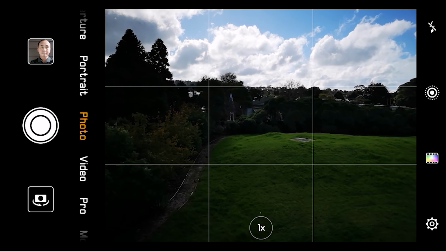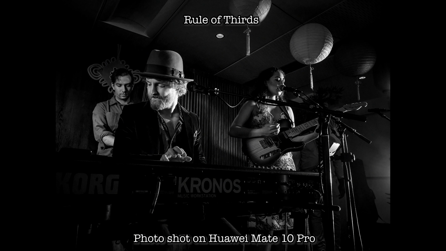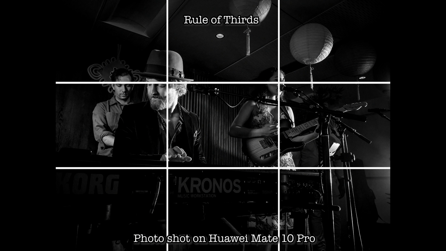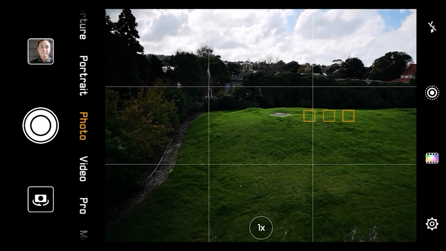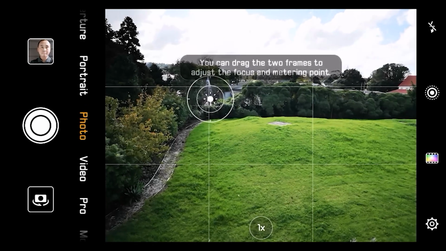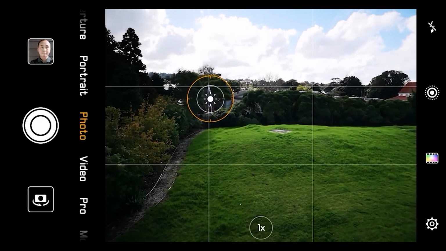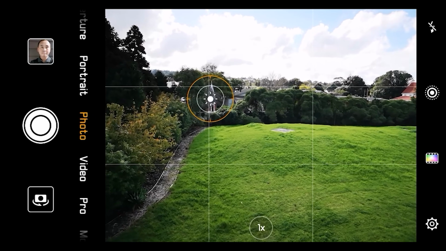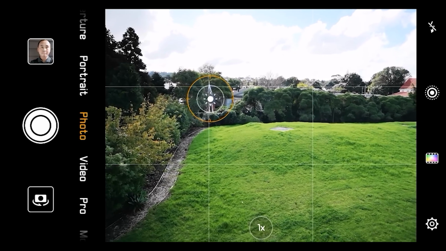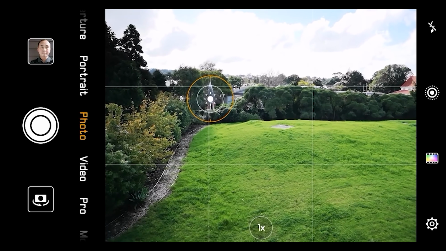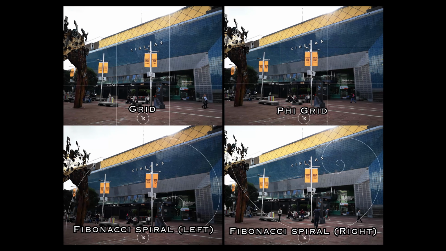So you may have heard of a composition rule called the rule of thirds. Basically, you can put your main subject at the 1/3 line or the intersection of the 1/3 lines, and that gives you a nice looking photo. For example, if I take a photo like this, I may put that little house here at that area, so it's at 1/3 instead of right at the center. So yeah, with that grid, it will help you to compose your photo to look nicer, and also help you to make sure your horizon is level, because it has the horizontal and vertical lines for you to align with the horizontal or vertical lines in the scene.